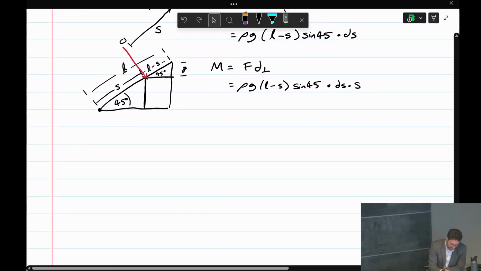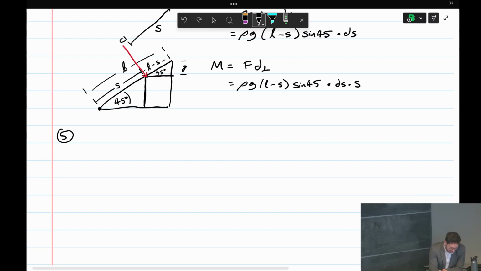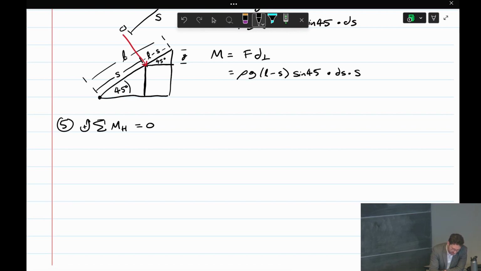Step 5 is to do our summation of moments. So I'm going to take the moments about the hinge, and I'll take this sign convention for my moments. Within that sign convention, the moment from our pressure force is going to be a negative. So negative integral of dm_h